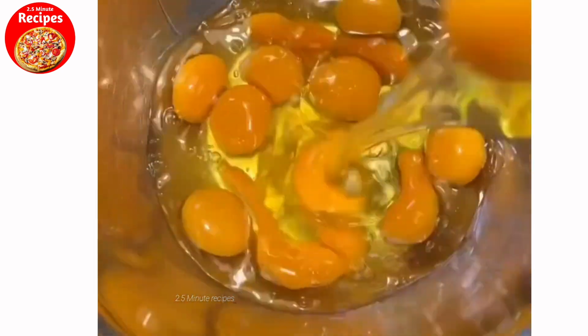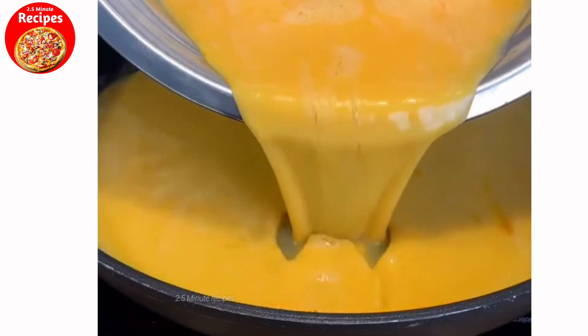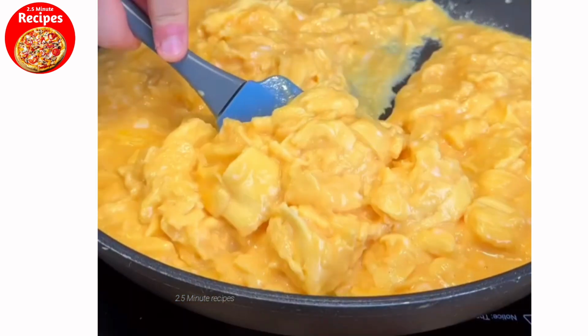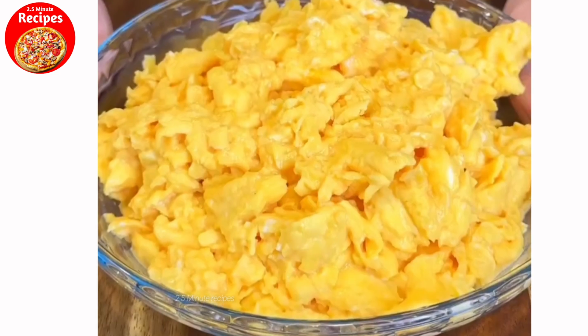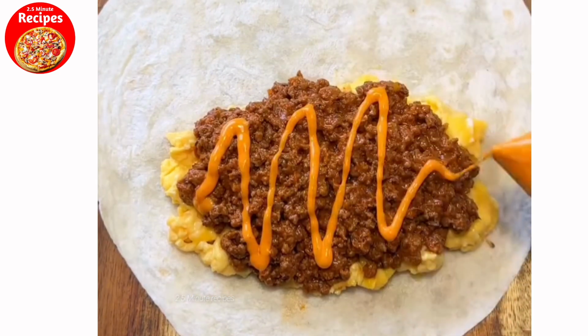And to make the best and fluffiest eggs, start by mixing them with some salt, then on low to medium heat add some light butter with the eggs and constantly stir and fold them gently until they're nice and fluffy just like this. Then grab a warm tortilla, evenly distribute the mince and eggs with some sriracha mayo and chives,